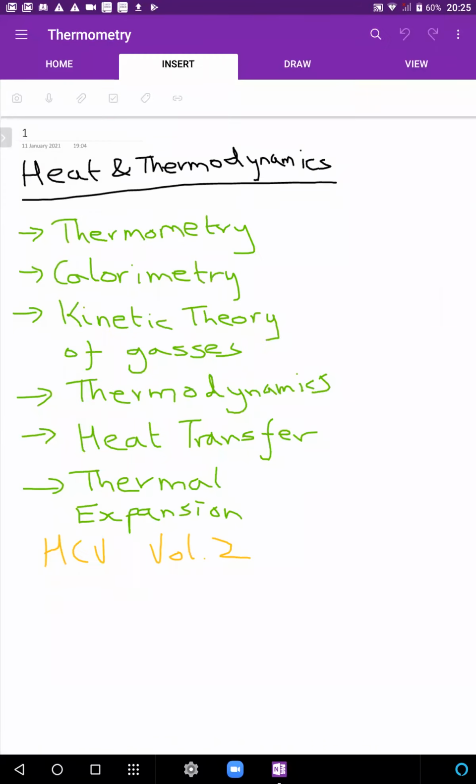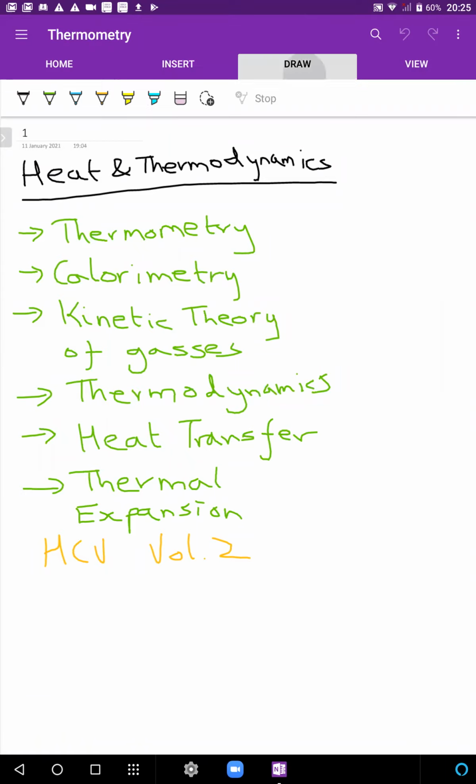So again, if you feel heat and thermodynamics is very long, I'm not the one who's come up with these concepts. I'm not the one who's made up this syllabus. Right? So not in my hands. This is a big section. As I said, this was never a chapter to begin with. Yeah, so this is a big section, but it's going to be a scoring section.